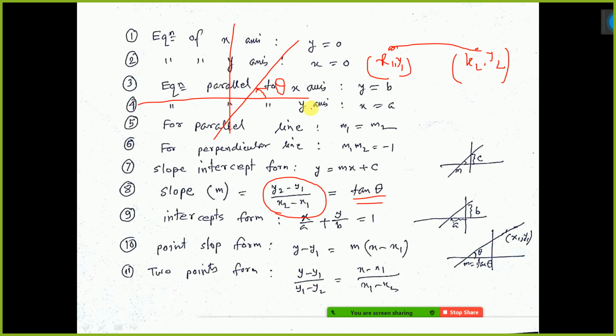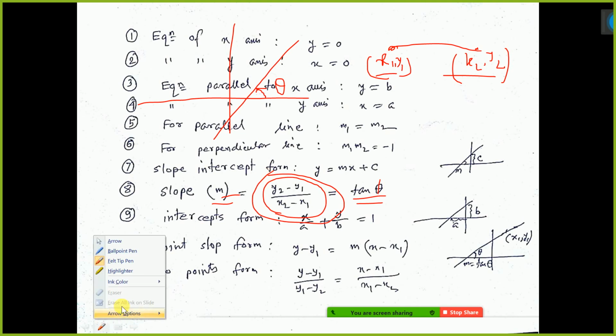This angle will be theta. You have to memorize this thing. So if theta is given, then we can also calculate the slope. Put theta, if it is 45 degrees, then put 45 degrees here, tan 45 is 1. So slope m equal to 1 you will get. Similarly, if 2 points are given, then also put them in this formula, and you will get the slope.